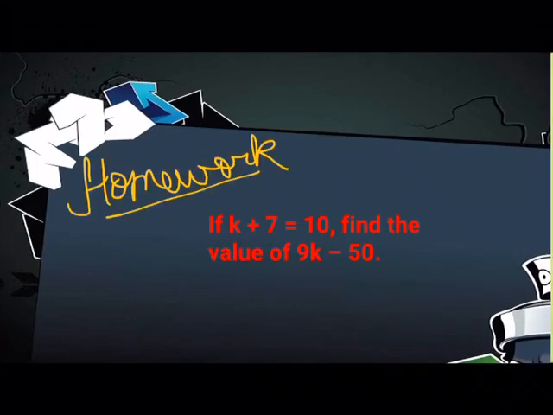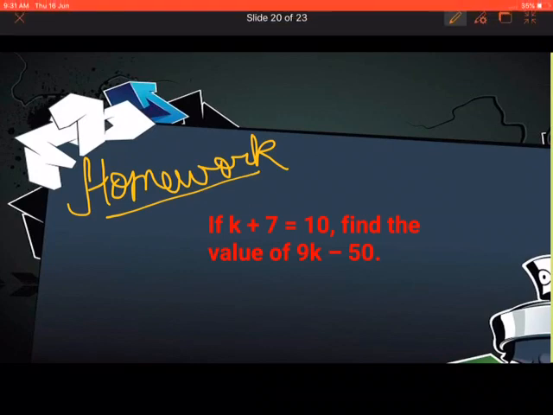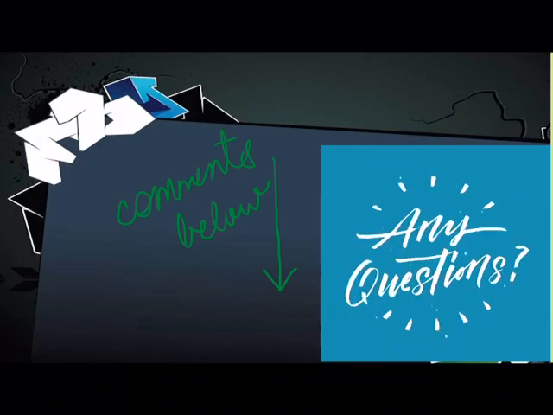Fine. Now the homework question here is, if k plus 7 is equal to 10, then find the value of 9k. So here you just have to first find the value of k, then put that value of k into 9k, just multiply 9 with that value, then subtract it from 50, and then you will receive the answer. Okay. Now if you have any